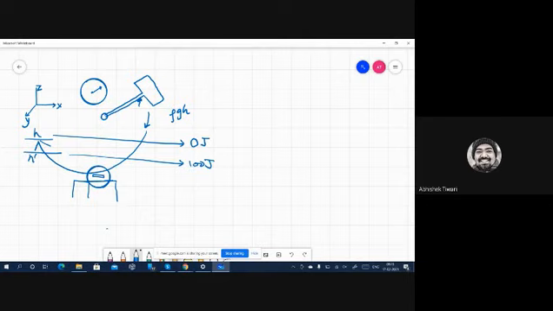All right. So I hope this idea is clear. I want all of you to write this calculation, that how do you calculate if there is a difference in height, how do you calculate the energy consumed in the specimen failure? So this you have to write in your lab report, which you will be submitting next week, Wednesday. Okay. And you will also be writing about the procedure, how we conduct the test.